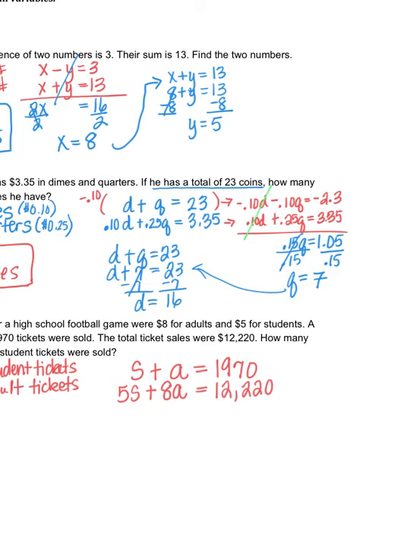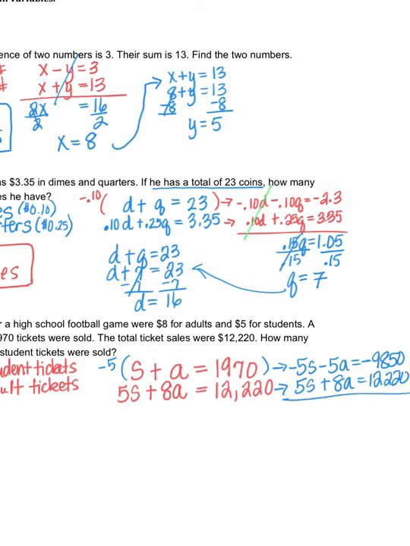So I'm going to multiply my top equation by negative 5. So that would give me negative 5S minus 5A equals negative 9,850. And then I'm going to bring over my other equation, 5S plus 8A equals